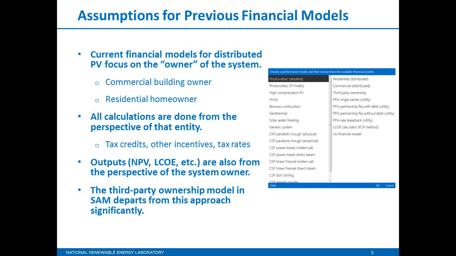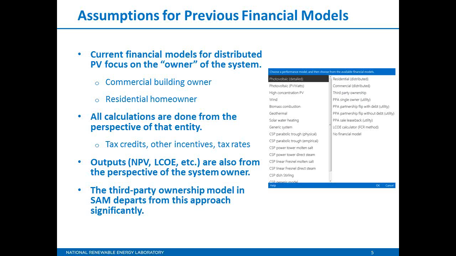Are those incentives available for a homeowner or a commercial building owner, or are incentives only available for businesses or for individual homeowners? So there are a lot of those kinds of questions, and they're all addressed within SAM from